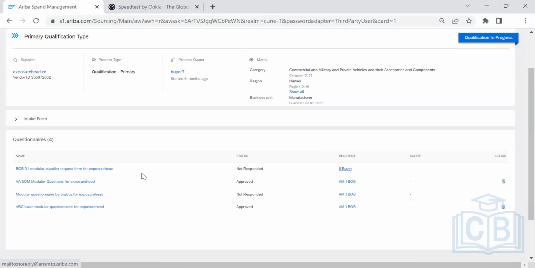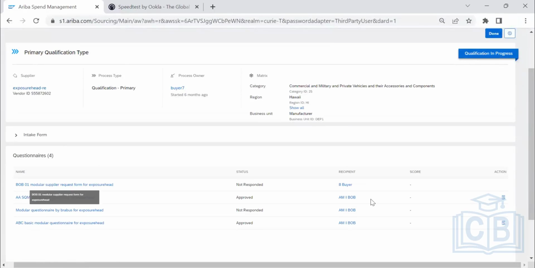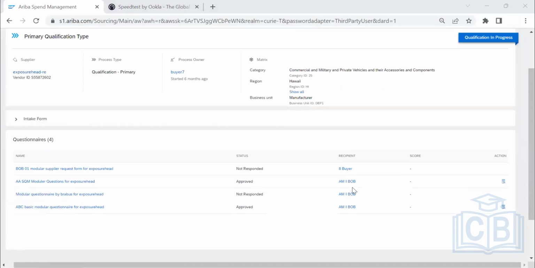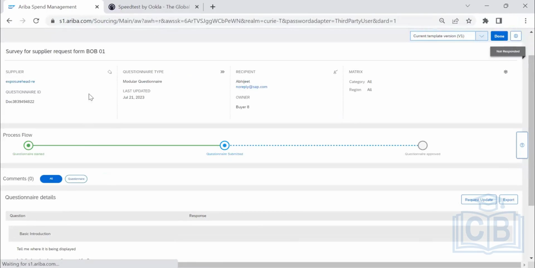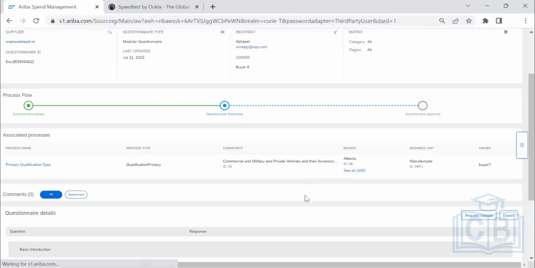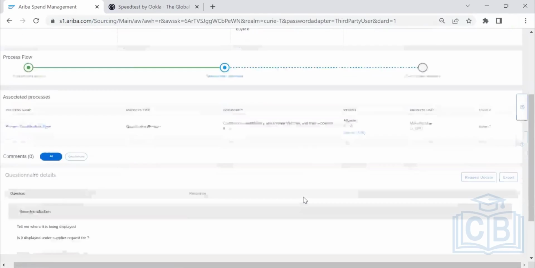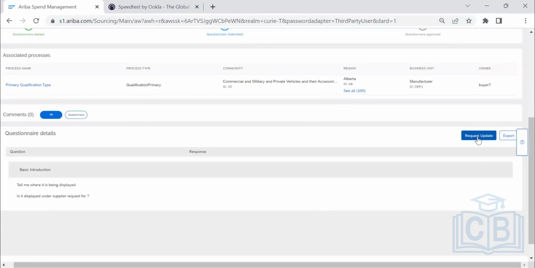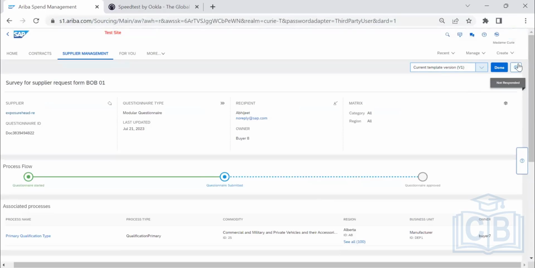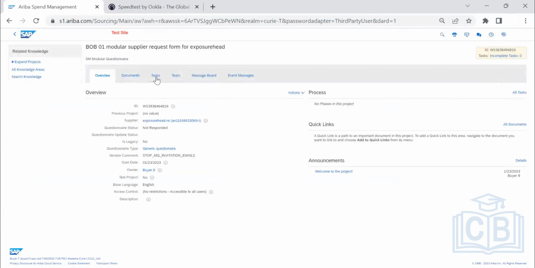So then they changed the buyer wrongly. That is the reason. So it's a mail. Where did you see? Here, request update after questionnaire details. To the right side, we have request update. If you want to see, this is at the template level we can see. So going to the task,